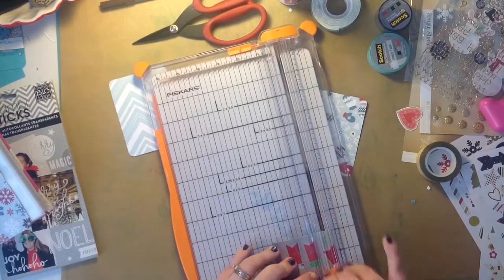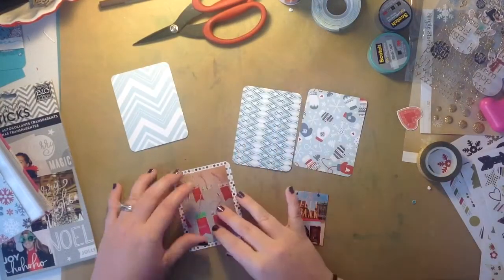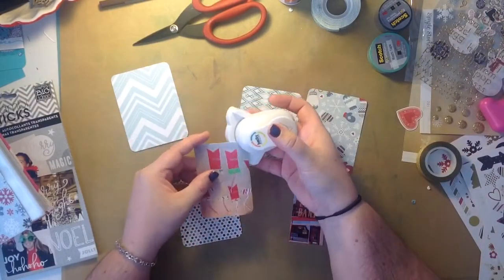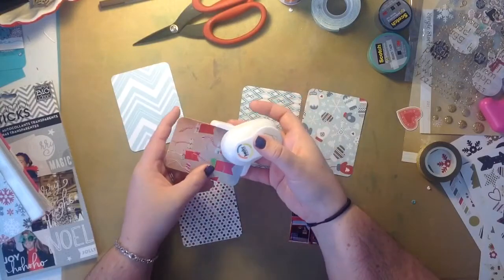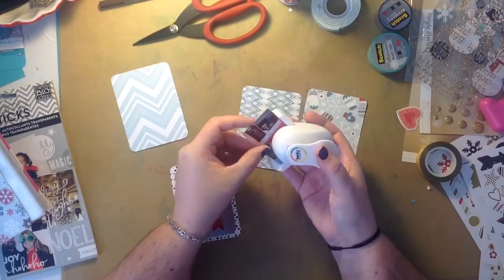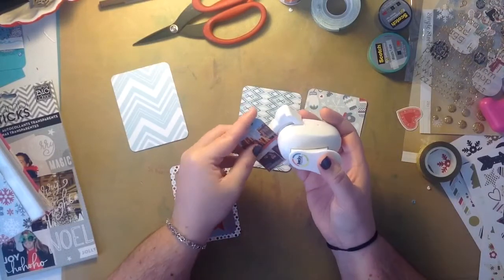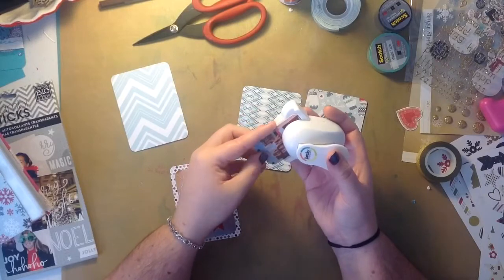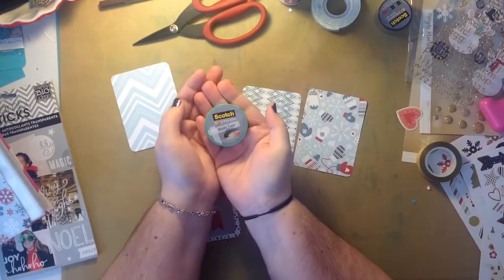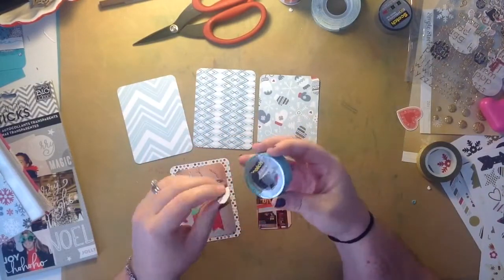6x6 paper stack bundled up by Carta Bella, and they're like really pretty colors. Not so much Christmassy, more winter. They're like nice different kinds of turquoises and blues and red and white, and there's a little bit of brown mixed in with it. Super pretty. And